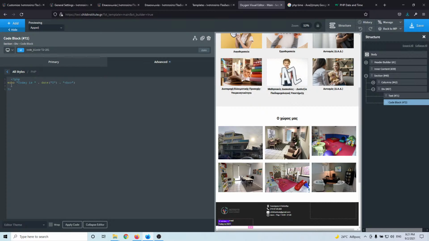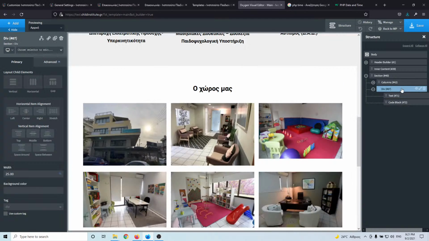Okay. Apply code. The today is 2021. Let's delete that. X. Let's delete also this. Apply. And then the BR. We don't need the BR. Apply. So this is how you add the date, and then you can go into the div and select that